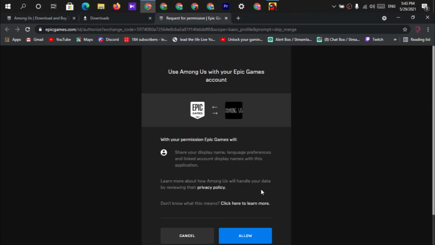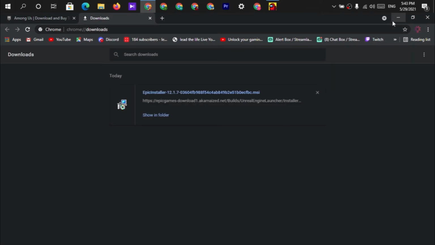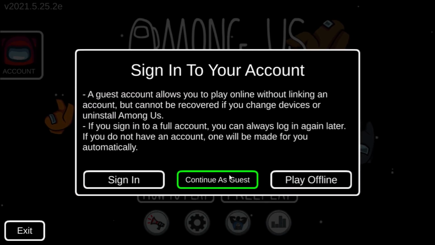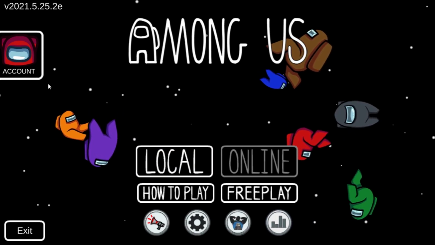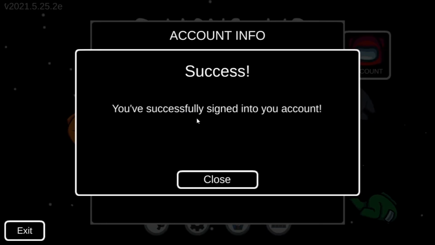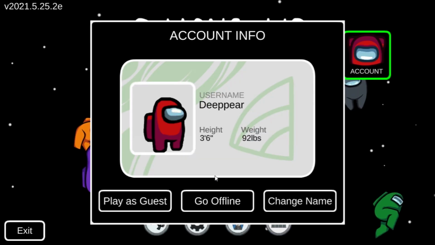It will ask you to sign in using your Epic Games account, so I'm going to click on allow for that. So you are going to log into Among Us using your Epic Games account. I'm going to click on sign in. Yeah, you can see the sign in was successful.